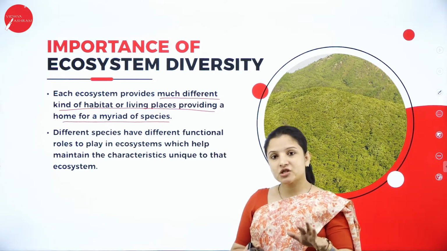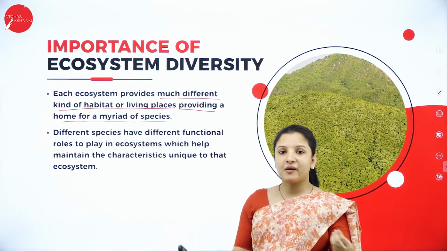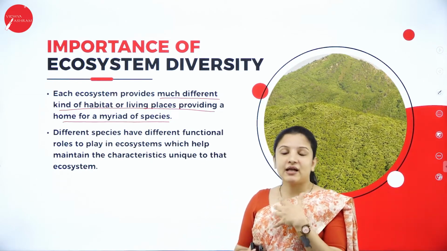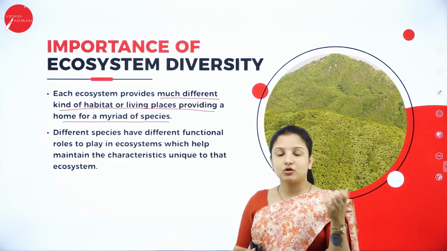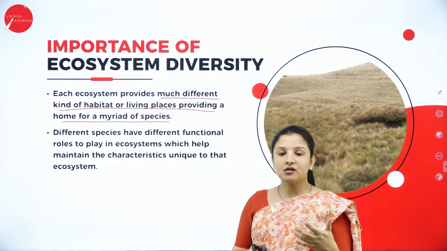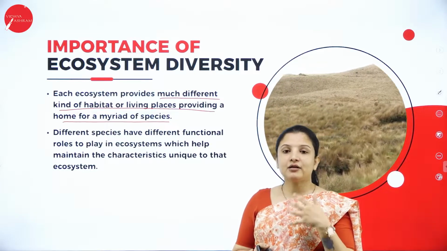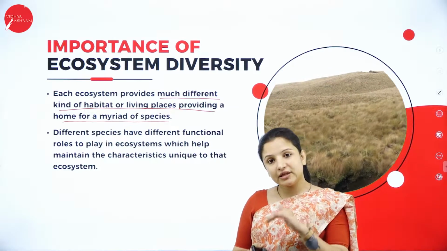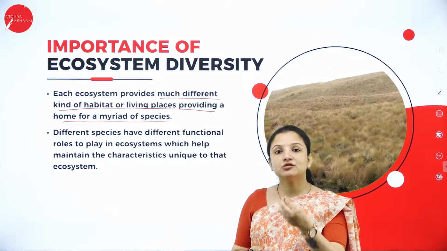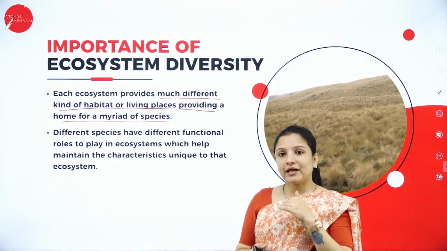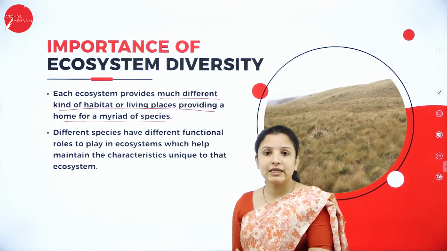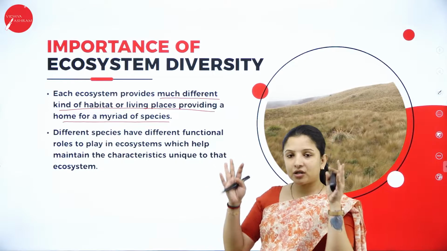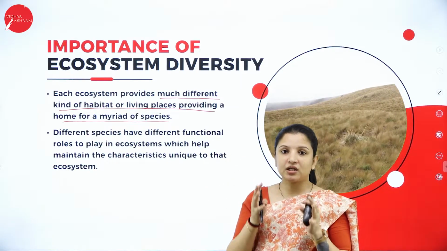Why? Because fishes do not have limbs like us to walk back and fall back into the water. Also, fishes don't have lungs like the animals and the birds, because they cannot make use of atmospheric oxygen. They only have gills, with which they breathe using the dissolved oxygen that is there in the water. So likewise, fishes are meant to live only in the water. You cannot put them in a terrestrial ecosystem. So that is why a particular habitat is meant for a particular species itself.